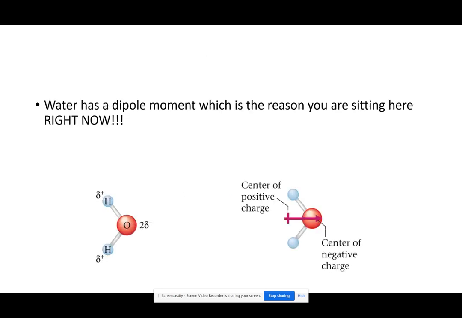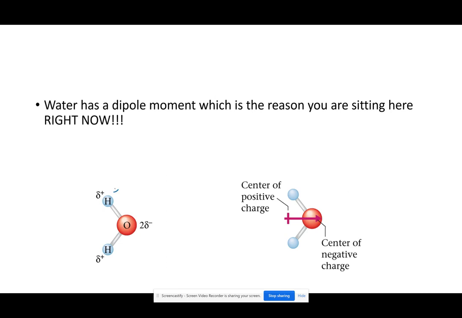Water has a very important dipole moment. You probably have talked about water being polar in biology. And so the fact that water is polar allows it to do something called hydrogen bonding, which then gives it all of those properties that you've learned about previously, like adhesion, cohesion, high surface tension, high melting point, high boiling point, all that stuff. So really what's going on here is